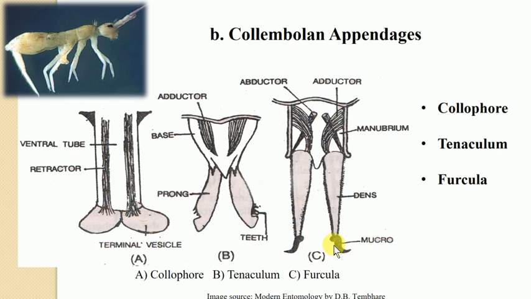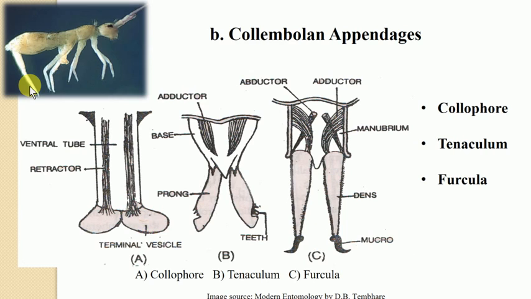Now let's see the function of both the furcula and the tenaculum. In the flexed condition, the furcula, which is present on the fourth abdominal segment, gets engaged with the tenaculum, particularly in the teeth region of the rami of the tenaculum, so that the mucro part is held by these teeth, the rami of the tenaculum. When the retinaculum or tenaculum, the catch, releases the mucro or the furcula, the furcula is bombarded on the surface, so that